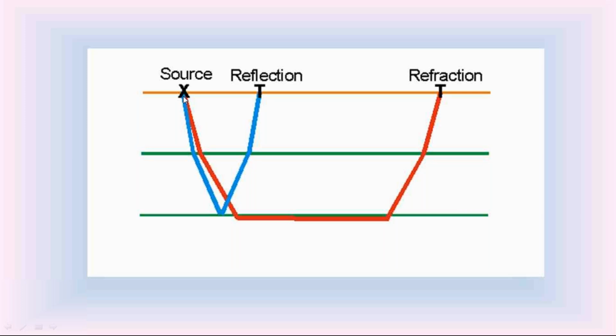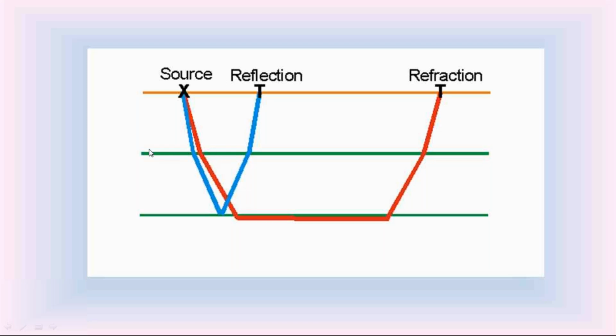When these shock waves or seismic waves are traveling inside the ground through different soil layers, they have different velocities. In the upper layer, they are moving with one velocity. In the lower layer, they are moving with another velocity. Like that, inside the ground, these seismic waves are traveling with different velocities.